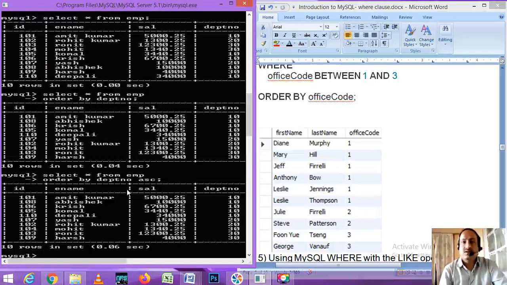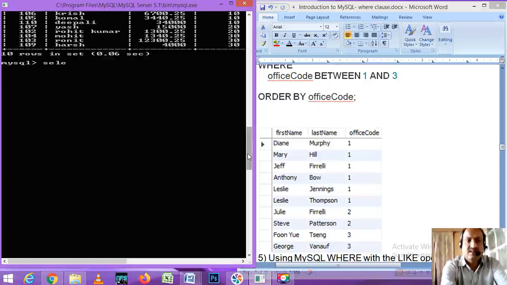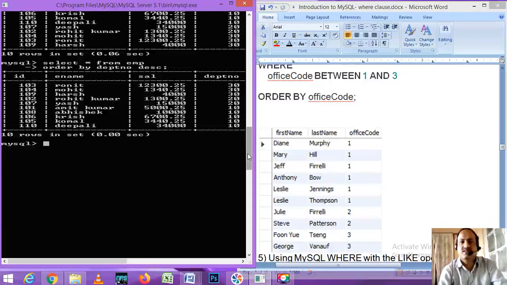For descending order you have to write SELECT * FROM emp ORDER BY department number DESC. For descending you have to write DESC, so automatically it will arrange from highest to lowest.